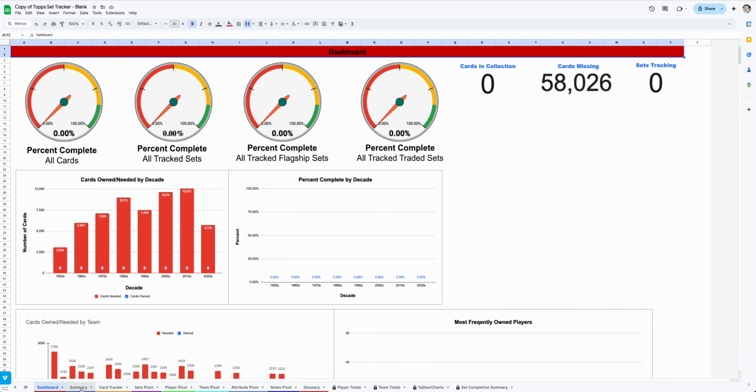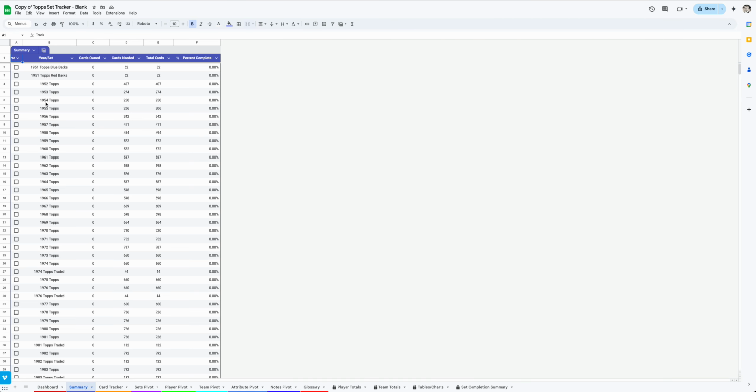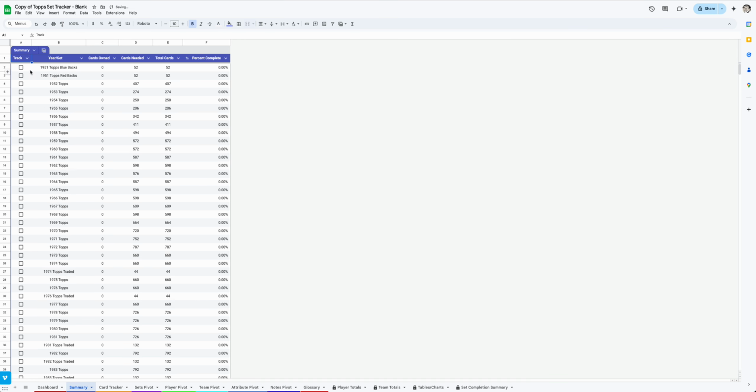And the next sheet down here, the summary, this is where every single set is listed. This is also where you are able to determine whether you want to track these sets. Realistically, you're not trying to complete every single set at once. And so let's say I'm just going to start with the hard ones, and I'm going to say, look, we'll